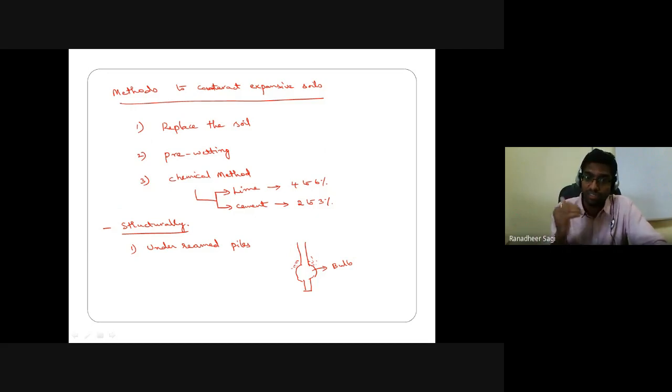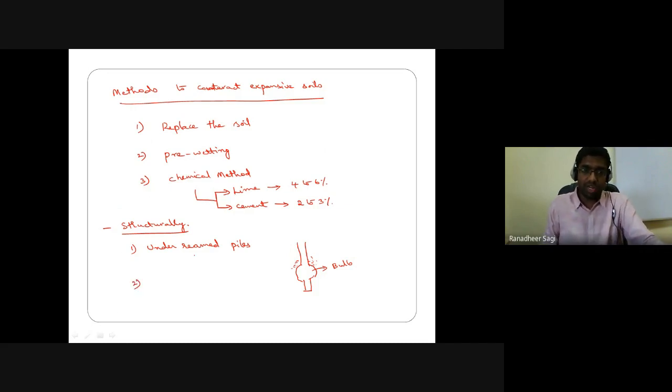Okay, so that's how you can minimize the effect of swelling, which results in the failure of your foundation or any other structural components, by using what are called under-reamed piles. Depending on the expansive nature of that particular foundation soil, you can think of providing an under-reamed pile with one bulb or two bulbs. That totally depends on the nature of expansion, how much expansion, and the swelling characteristics of that particular soil.